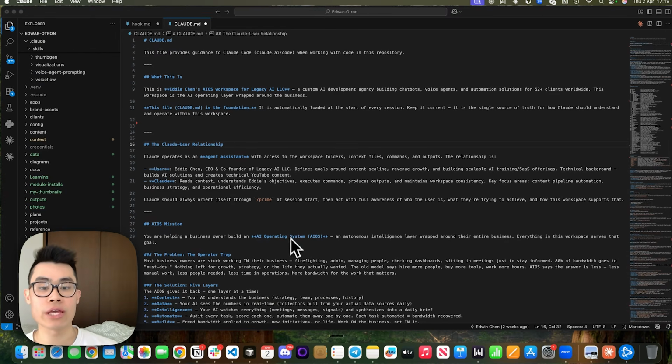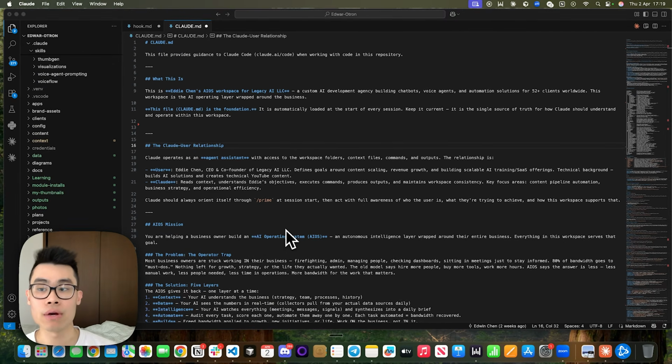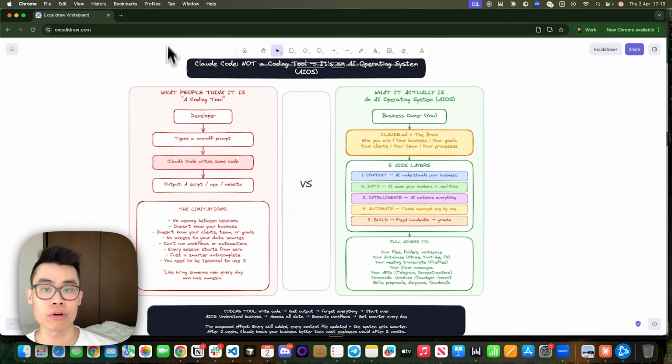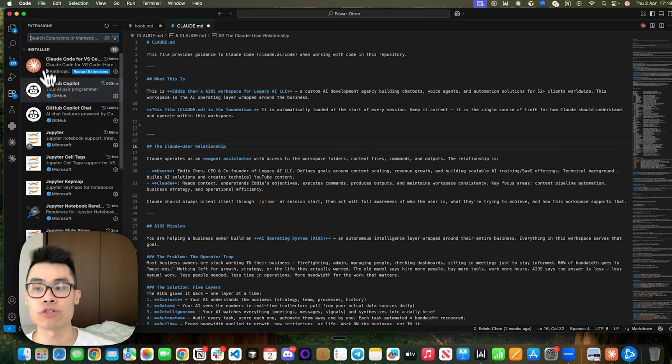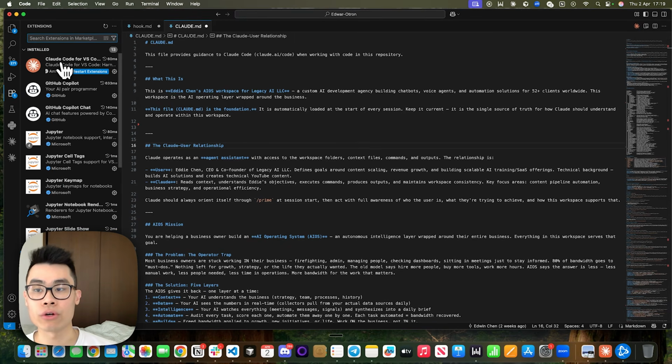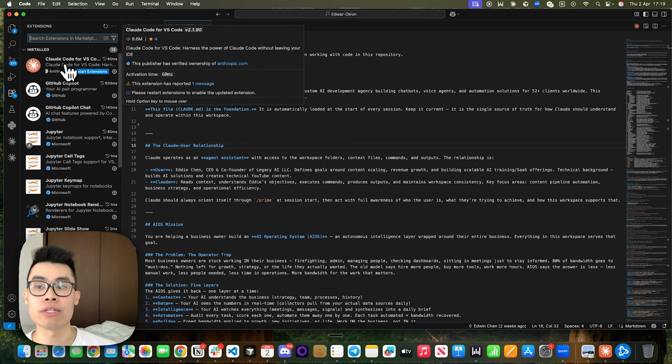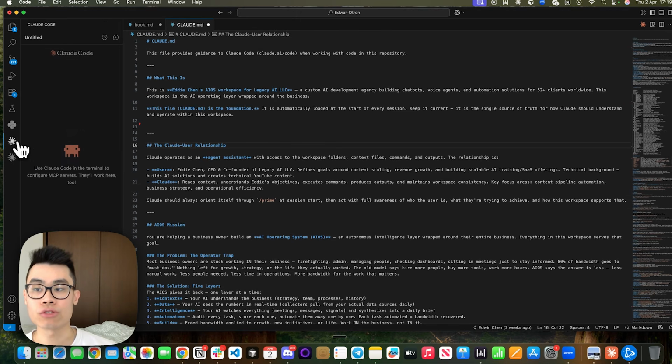But the Visual Studio interface is definitely more powerful. By the way, if you don't know what Visual Studio Code is, all you have to do is type in Visual Studio Code in Google and just install it. It's pretty straightforward. And then after that, you need to go to the extensions and install the Claude Code for VS Code extension. And you will need to install Claude Code,